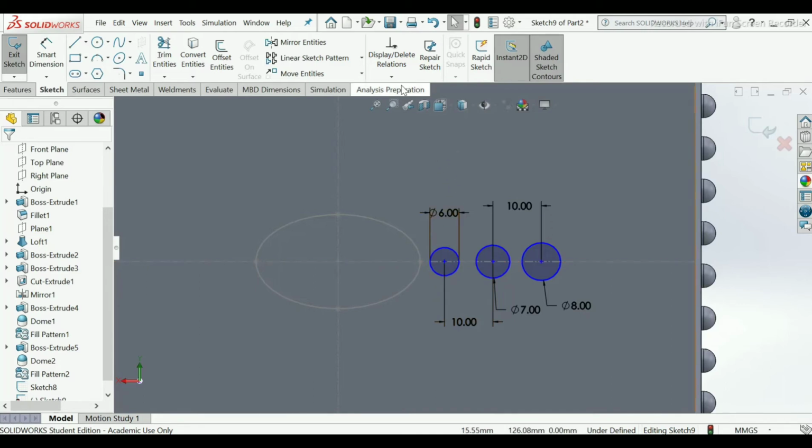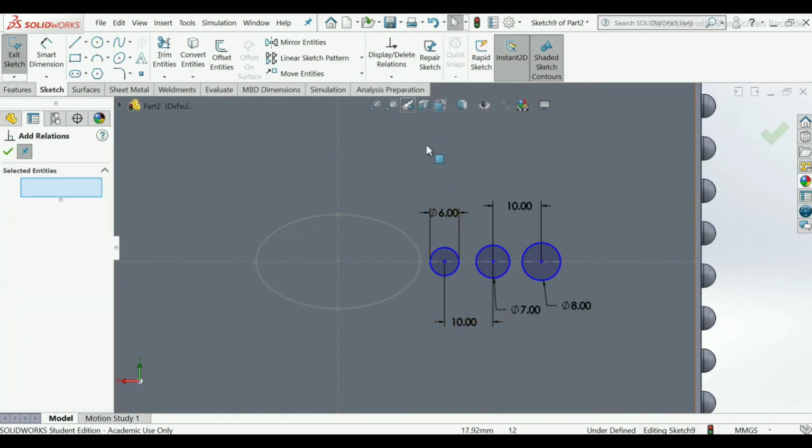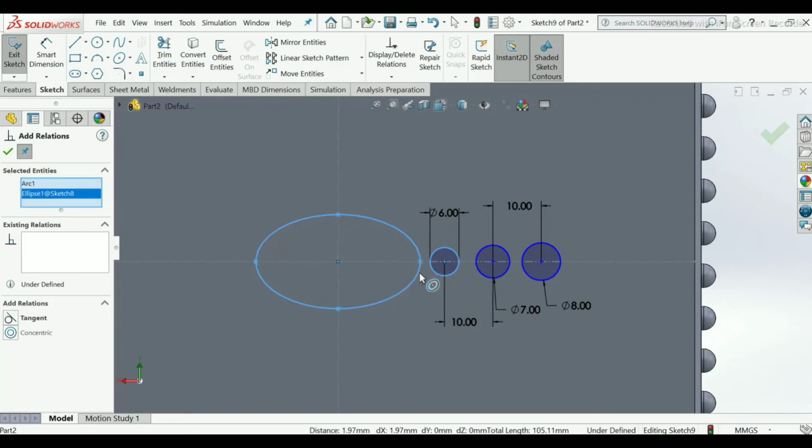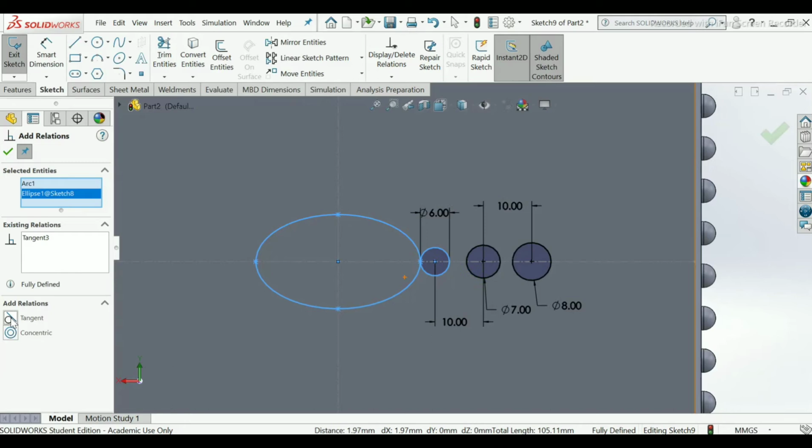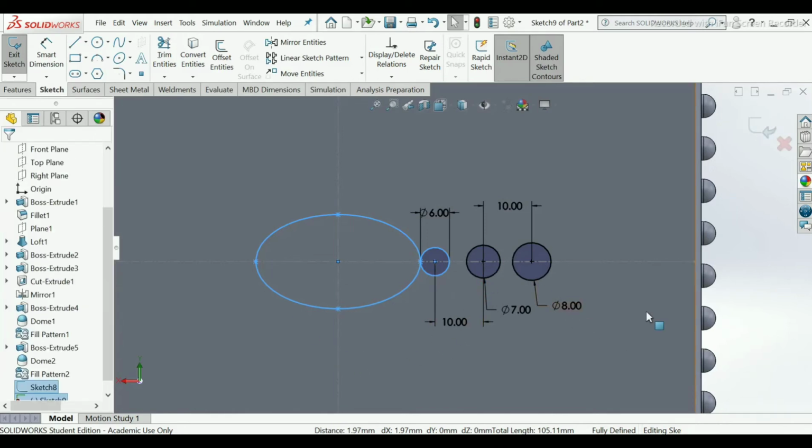I will apply one relation, add relation. Select this smaller circle, select this edge of the ellipse, add relation as tangent, click OK. Now our 3 circles are fully defined.